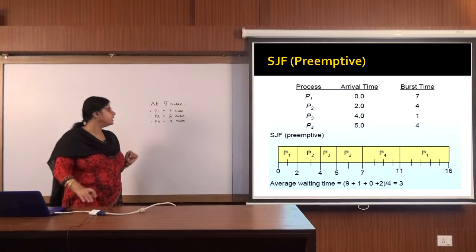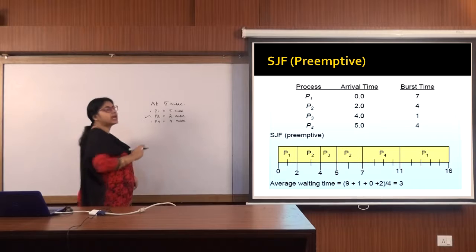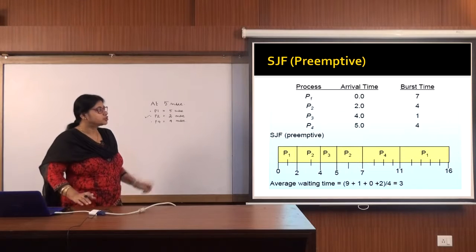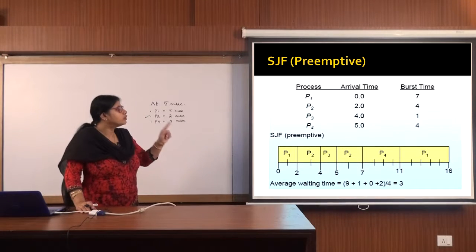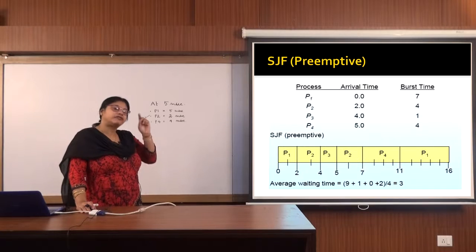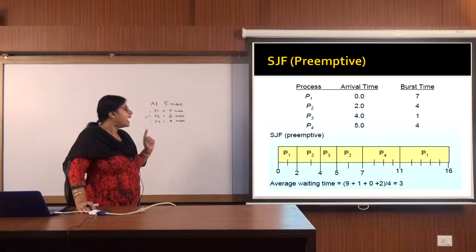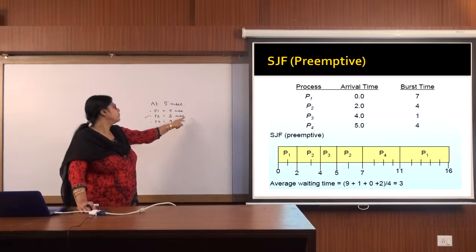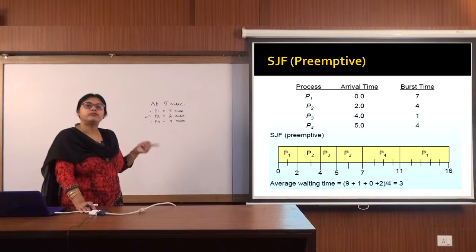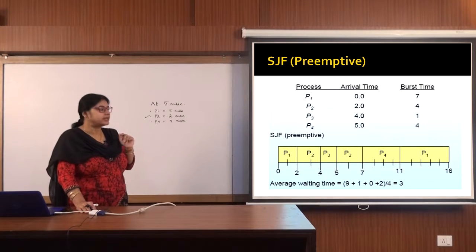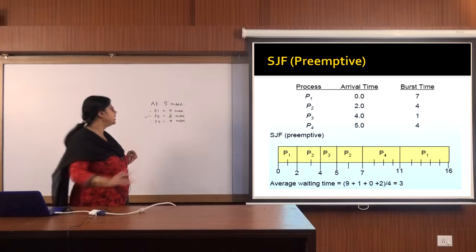Out of these 3, process P2 is having minimum burst time. So, now I have to work with process P2 after the completion of P3, and P2 will work for 2 millisecond. So, 5 plus 2, 7 millisecond. At 7 millisecond time period, P2